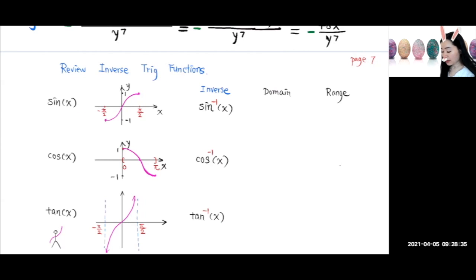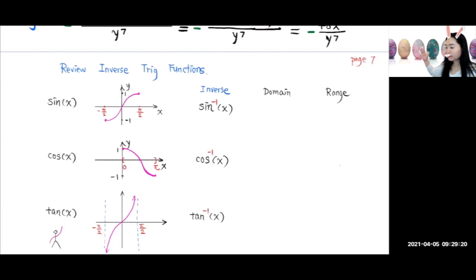Okay, we know the sine function, when we consider the whole domain, is all real numbers. But if I let the domain be all real numbers, then it's not going to be 1-to-1. So, in order to have an inverse sine, I need to restrict the domain to be smaller, so that the function will be 1-to-1, and it also takes on every value in the range from -1 to 1.